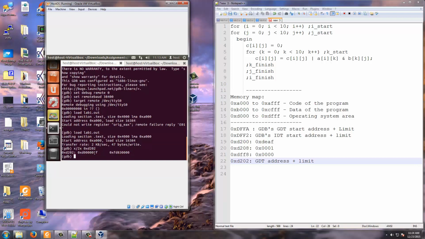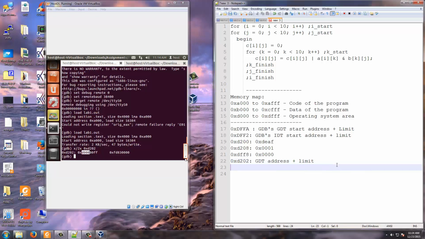Now we will know that the limit is 00ff. The base is d1000 and plus 00. So there is a 16-bit limit which is 00ff, and there is a 32-bit start address which is 0000 d000.